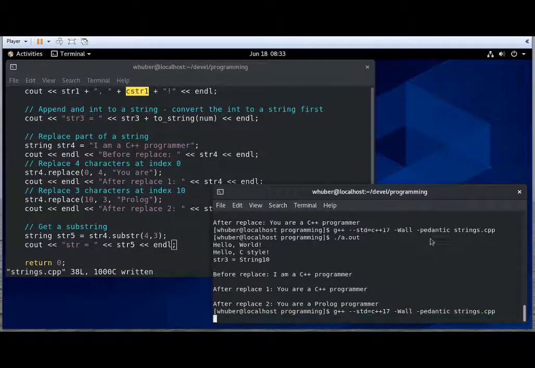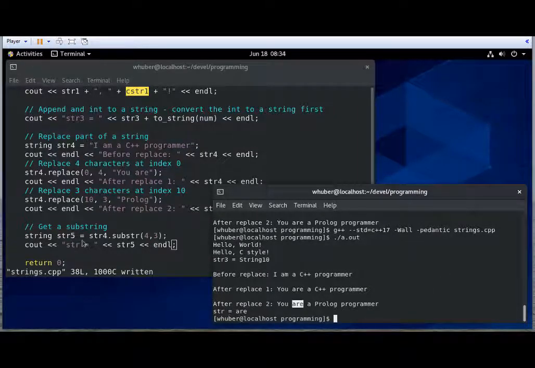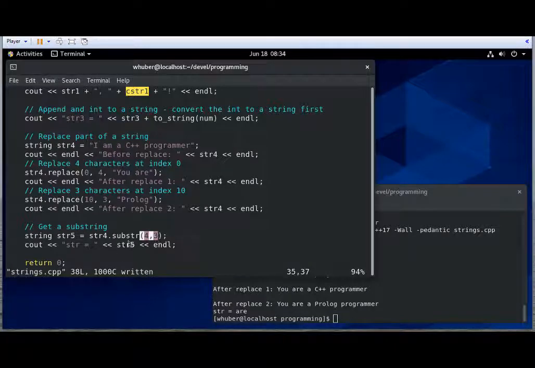And if we run our code, we see that string 5 is 3 characters of string 4 starting with index 4. So you can see there's 4 characters, so it's the 5th character, but that's index 4. Starting at 4, 3 characters. So that's the substring